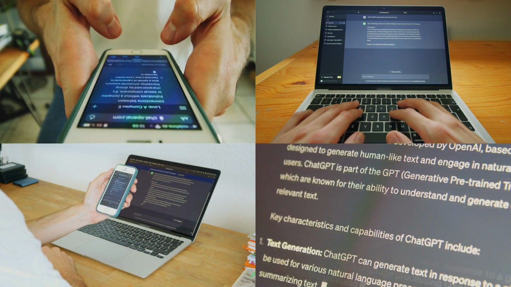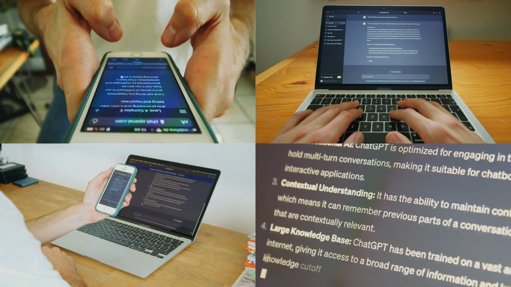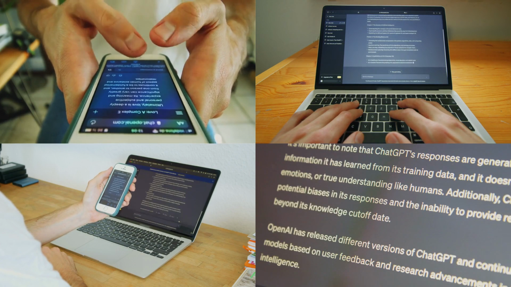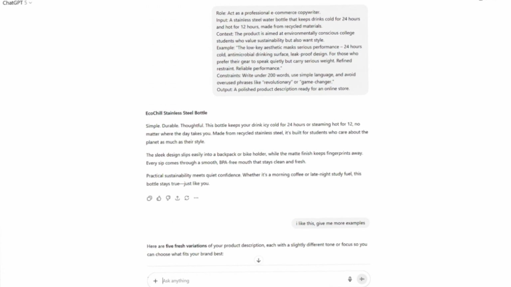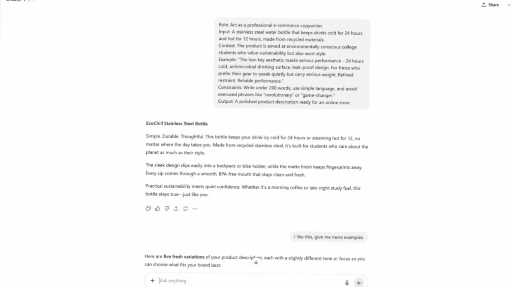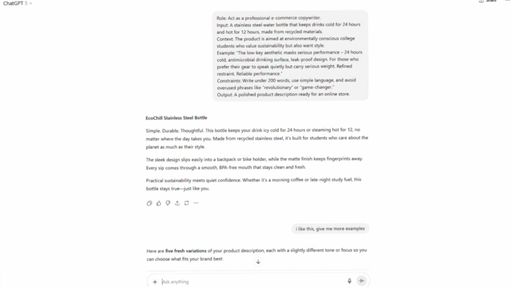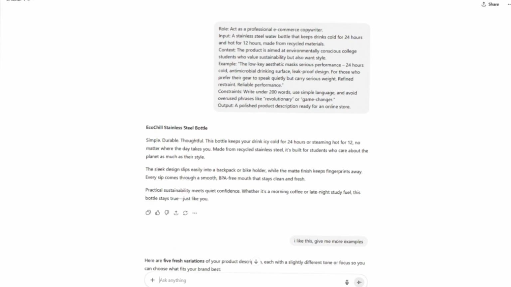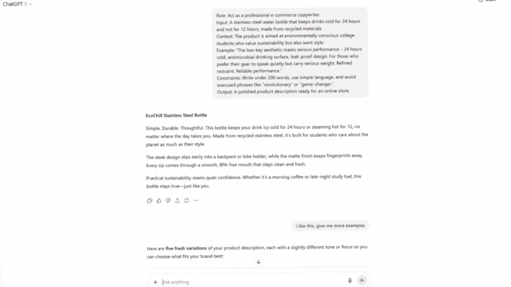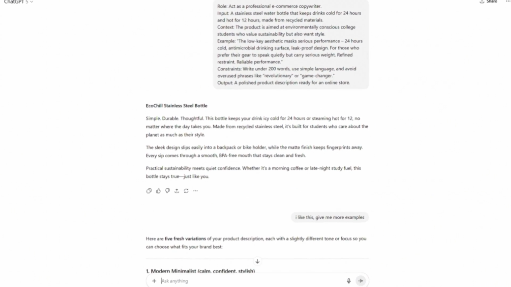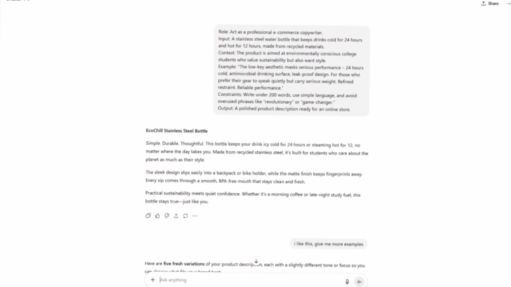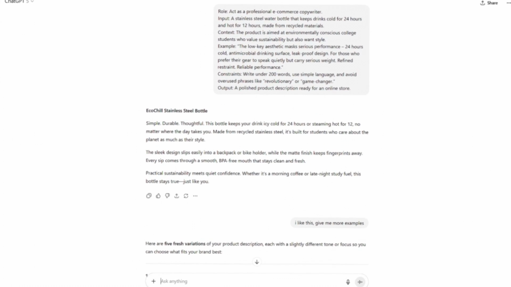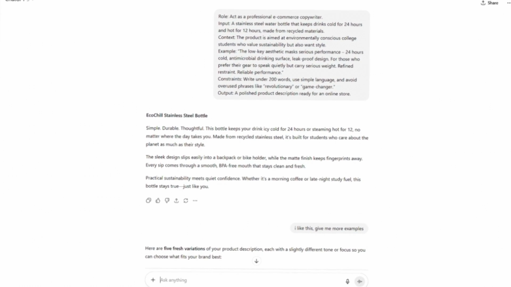Let's make this more concrete by working through an example. Let's say you want ChatGPT to write a product description for a new eco-friendly water bottle. Using the RICECO framework, your prompt could look like this. Role: act as a professional e-commerce copywriter. Input: a stainless steel water bottle that keeps drinks cold for 24 hours and hot for 12 hours, made from